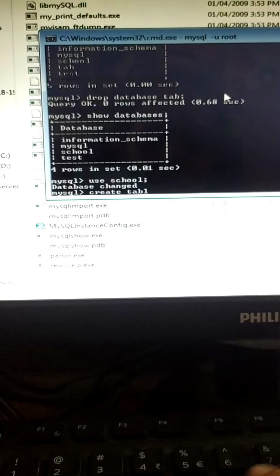Now students, please pay attention. Here I have used an underscore. Why? Because we can't use space over here. That is why I have used an underscore, student underscore detail, and click on enter.